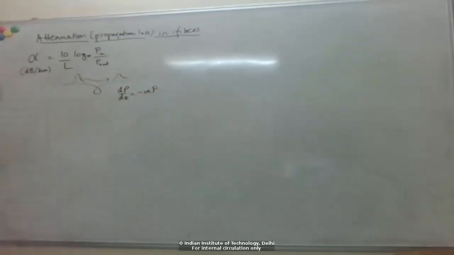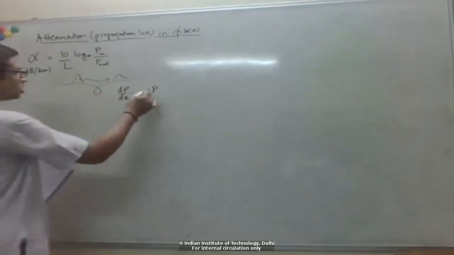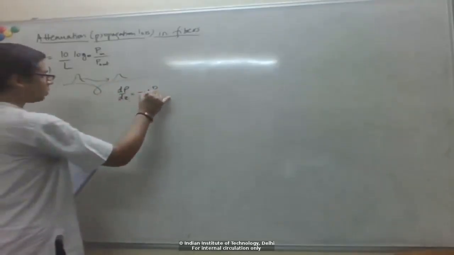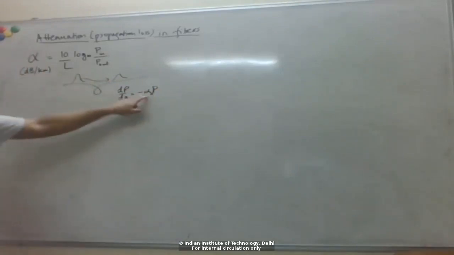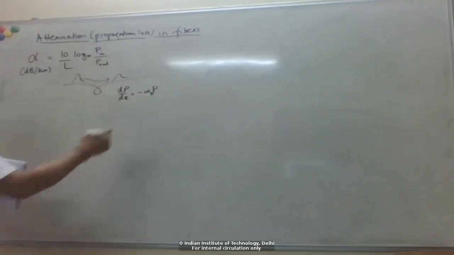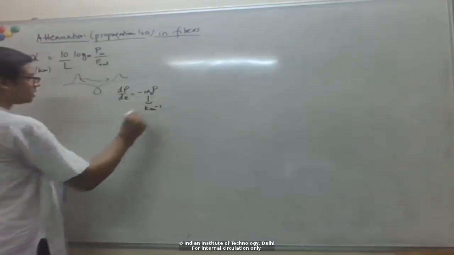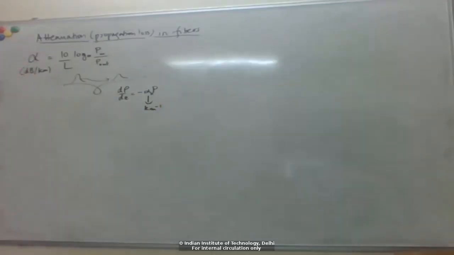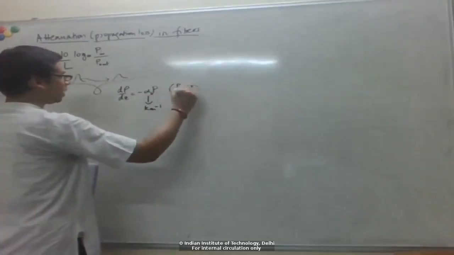So a fraction of the power is lost per unit length, and this is the loss coefficient for the medium. I'll put a subscript n here to distinguish from here. So these are in natural units, right? So this alpha has units of per length, for example, per kilometer, right? And this is the usual Beer's law or Beer-Lambert law